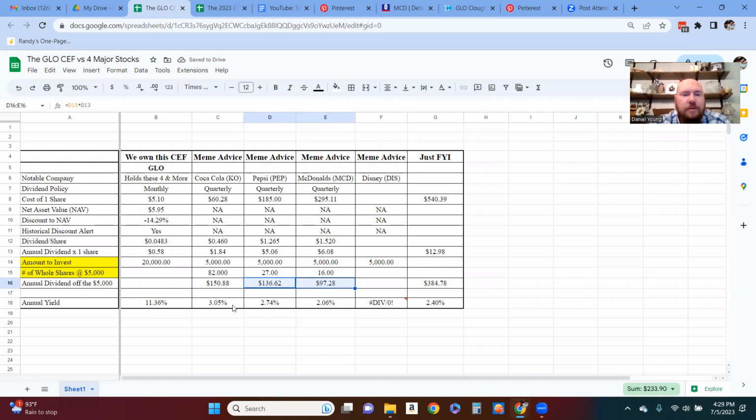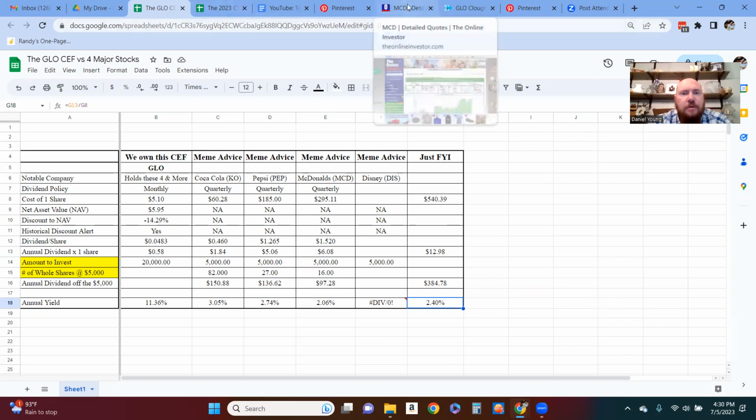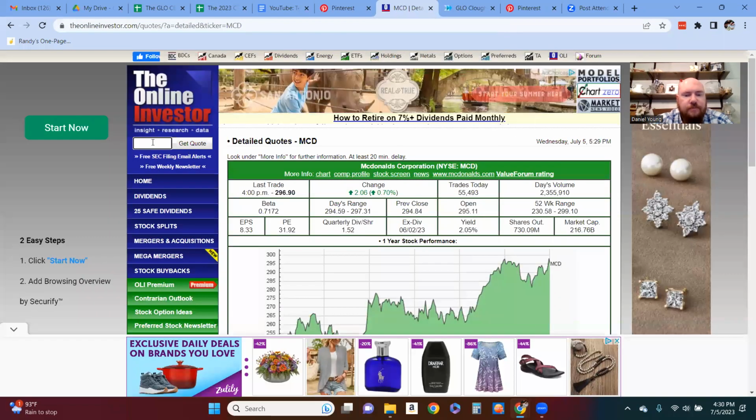Now, we're going to see what Disney is, but our overall yield is currently not meeting the demands of inflation. So unless that's just an outstanding yield, this yield is going to be below inflation. So you're going to lose money on this portfolio simply based on the devaluation of money alone. But we'll look at Disney.